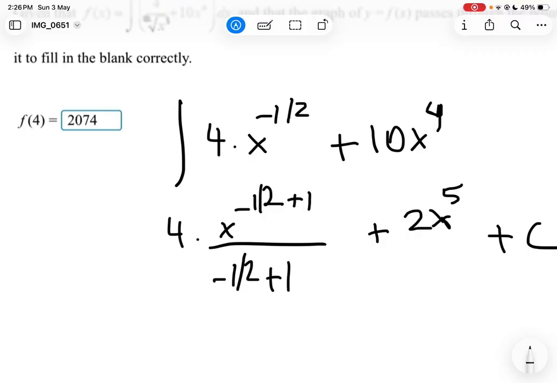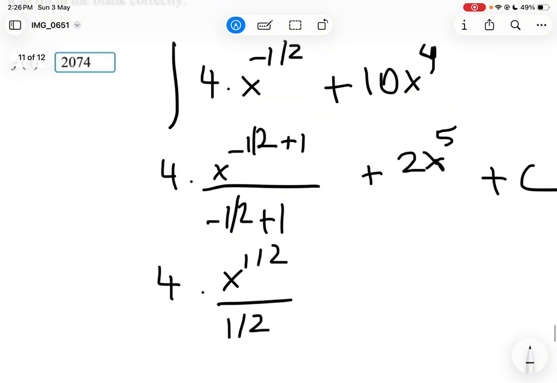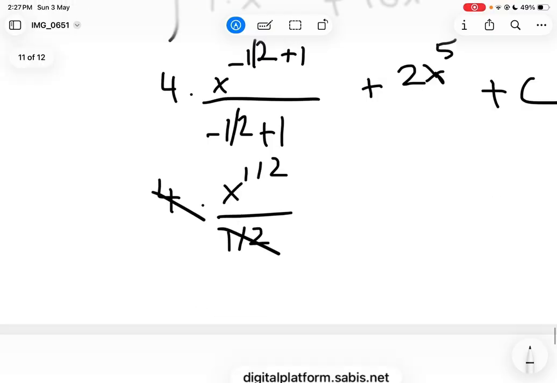Minus 1 over 2 plus 1 is 1 over 2. So it will be now 4, 1 times x to the power of 1 over 2 over 1 over 2. And then you divide here. So you do 4 divided by 1 over 2, which is 8. So now it will be 8 times x to the power of 1 over 2, which is radical x,